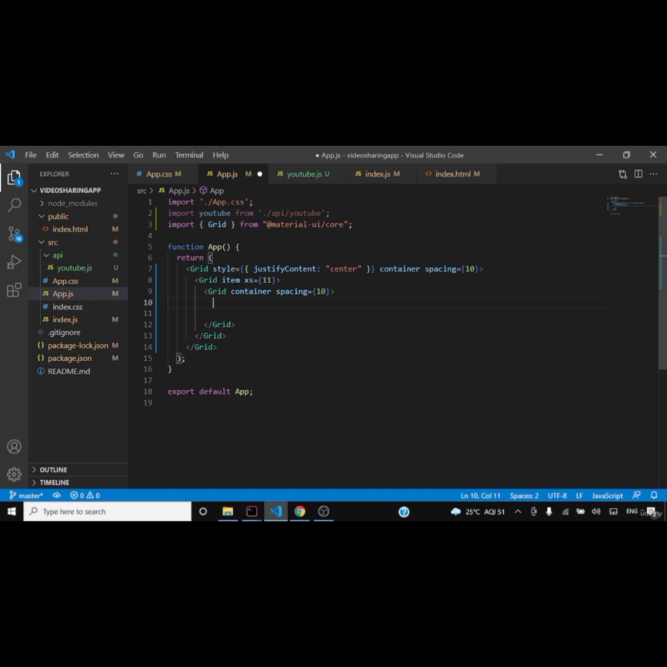Now inside this we'll have 3 different grids. One is for the search bar, one is for the video detail, and one is for the video list grid. So here we'll have the video list component. We'll first have the search bar, right? First it will be the search bar. For commenting you can use /. Yep. So search bar, and then the next grid